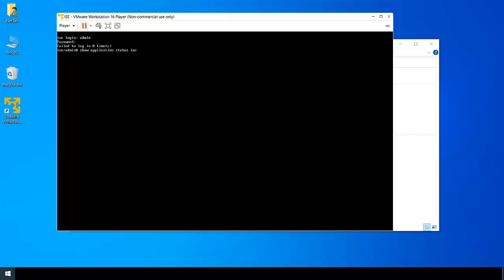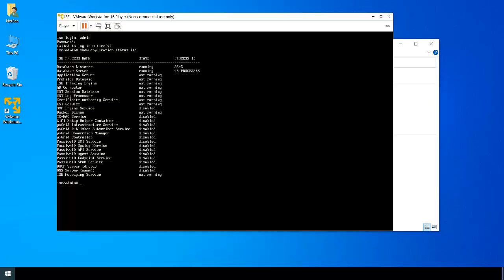It takes a lot of time on your PC to completely boot up and start all the processes. So we will keep trying this command every 5 minutes.